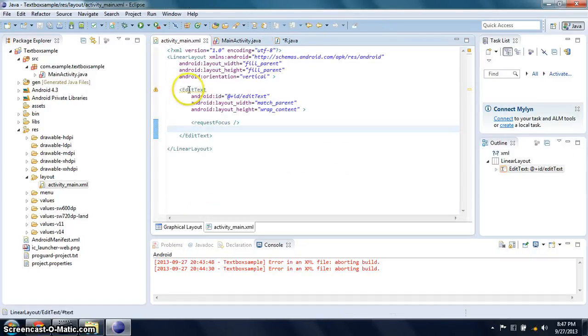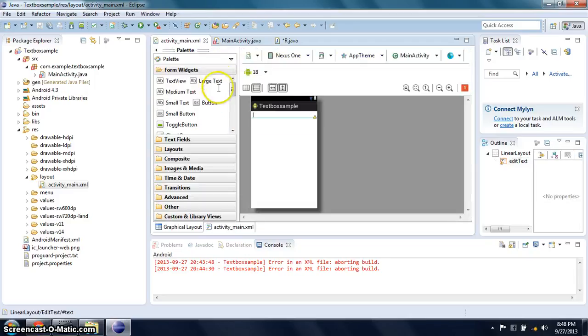In the main activity.java, I have already downloaded some code. Just copy this code, then paste it in the file. That's it.